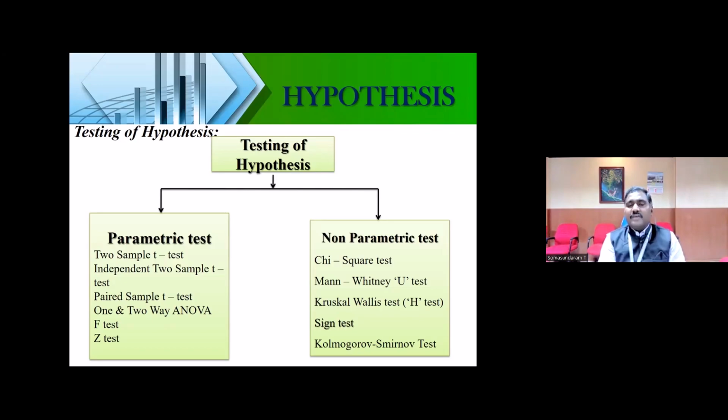Suppose, sir, I have 2 variables. One is dependent, another one is independent, where that independent variable has been measured with categorical data. But normality is not there. Go ahead with the Mann-Whitney U test. No need to do one-way ANOVA because your data is not normally distributed. If it is normally distributed, you can go ahead. If it is not normally distributed, go ahead with the Mann-Whitney.